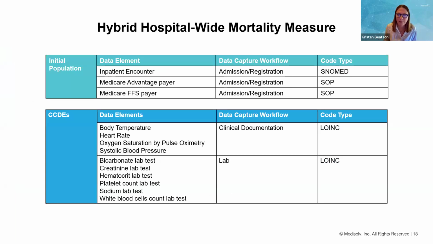So again, similar setup. Typically, once you have everything set up for the readmission measure, which came first in all of this, the hybrid readmission measure was the first, and then CMS later added the mortality. So there are no differences in the way you're setting up your initial population. The only difference, as I mentioned in the CCDEs, is that you want to make sure you account for the platelets, which are not in the readmission measure but are in the mortality measure. So make sure you have all of your platelet tests mapped to the correct LOINC code so that the test and the results can be captured for submission in the QRDA file. Next slide.